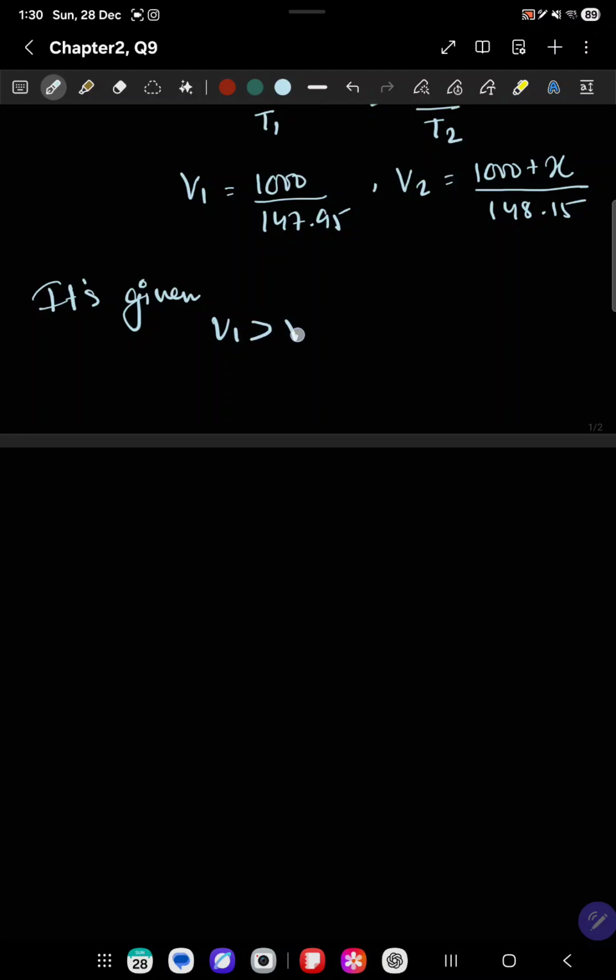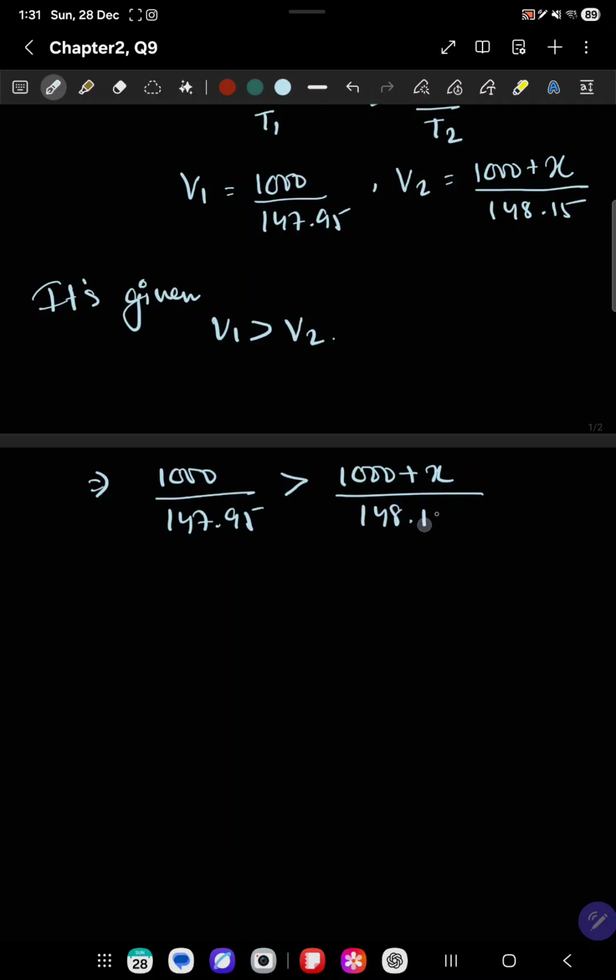So we can write this like 1000 upon 147.95 should be greater than 1000 plus x upon 148.15, right? So now we can just cross multiply it,